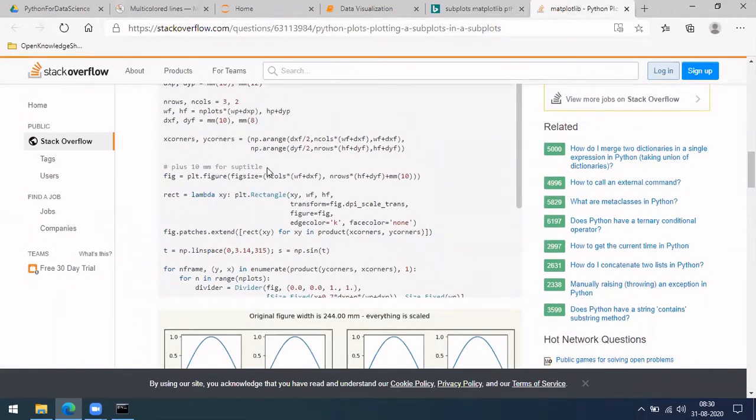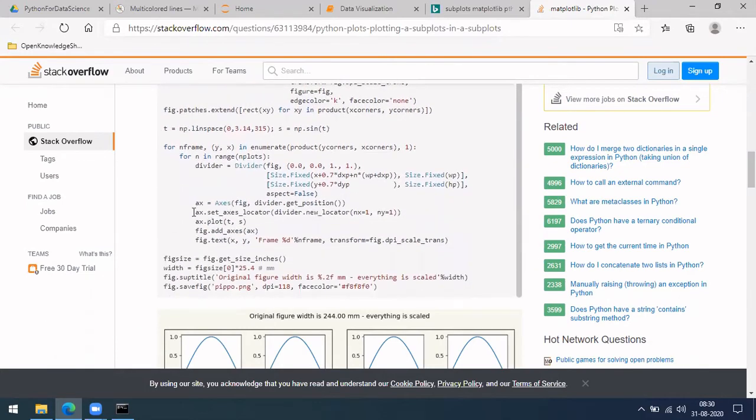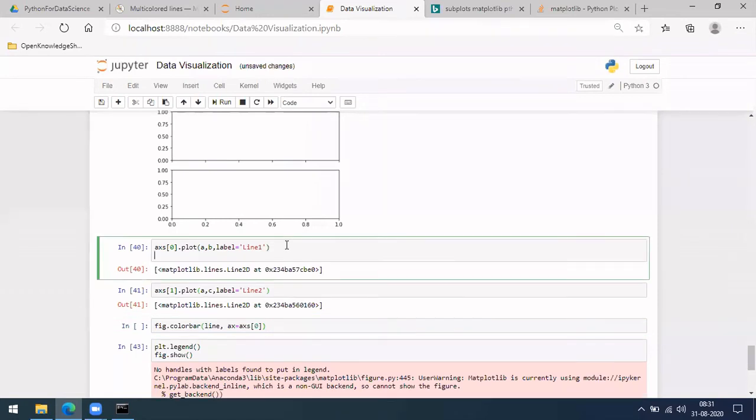Okay, so here, axs dot plot. This is one small thing we have missed. After you do this with axs, you add that to fig. We haven't done this part, and that is the reason we got this error. So let me do that as well.